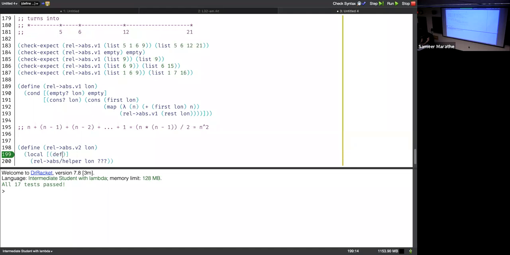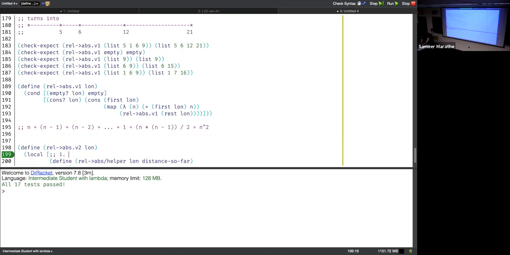So let me write the helper: list of numbers, distance so far. Okay, so